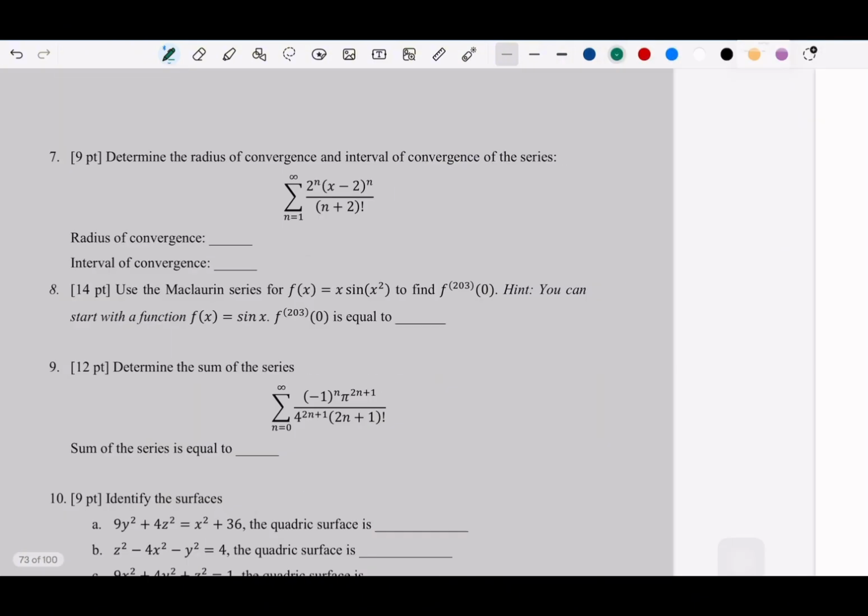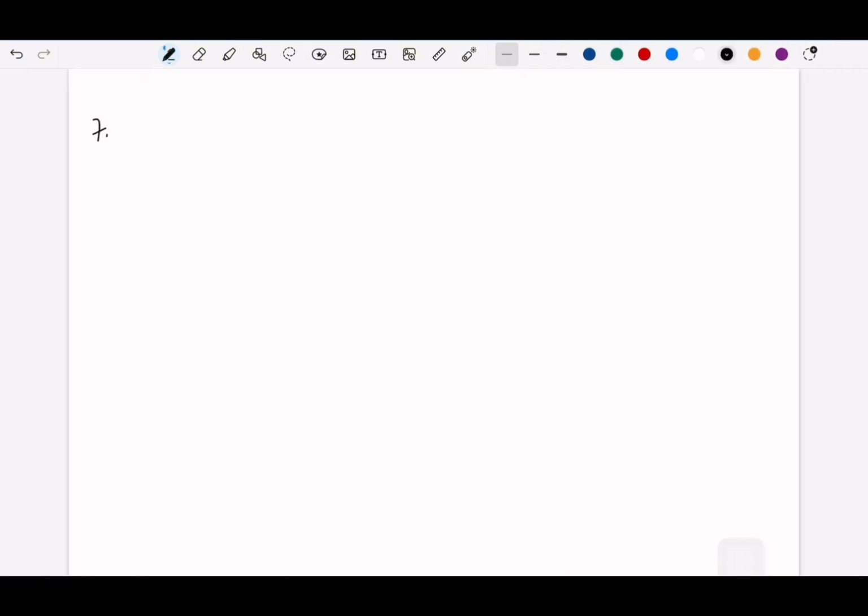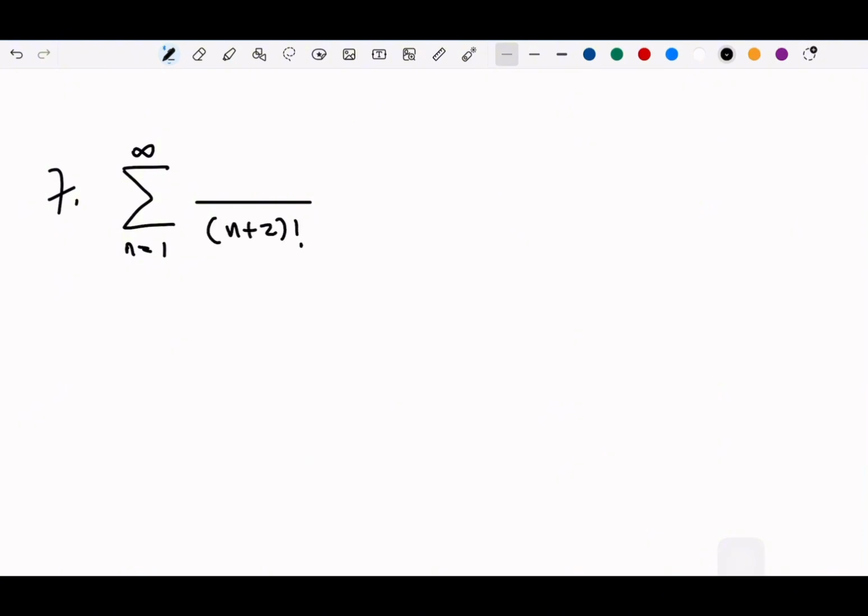Okay, let's start number 7. This kind of question is like a standard question in series. So this is part of the power series. Okay, so we need to find the radius and interval of convergence. So every power series, we are going to take the ratio test as the beginning. Okay. So taking the ratio test,